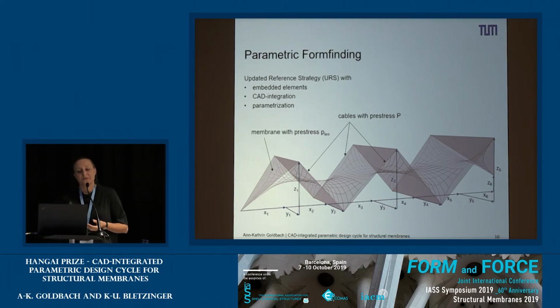In the beginning, like I said, we just have the planes, then the updated reference strategy is performed, and we get an equilibrium shape for given pre-stress settings. And in addition to these geometrical parameters that I can choose, which are in this case the coordinates, I can also, with the isogeometric B-rep approach, use a parametric approach towards mechanical properties like the membrane pre-stress or the cable pre-stress. And that's something I then like to call parametric form finding,